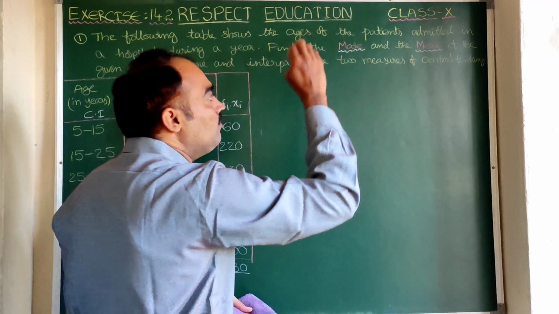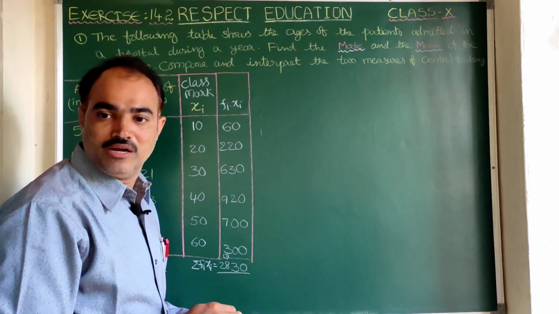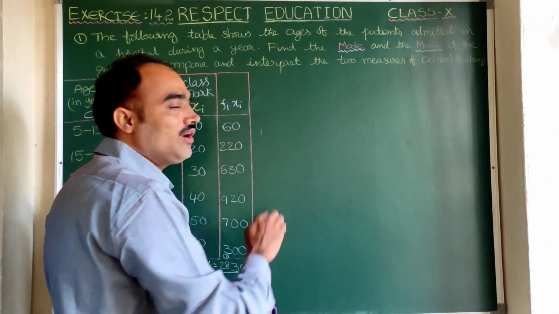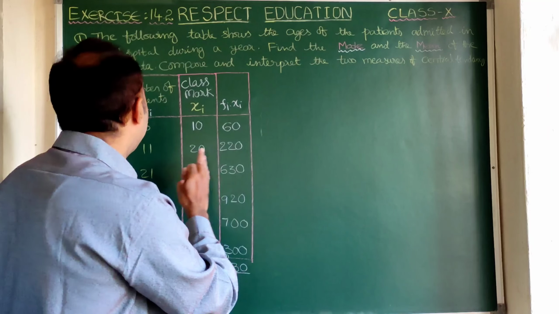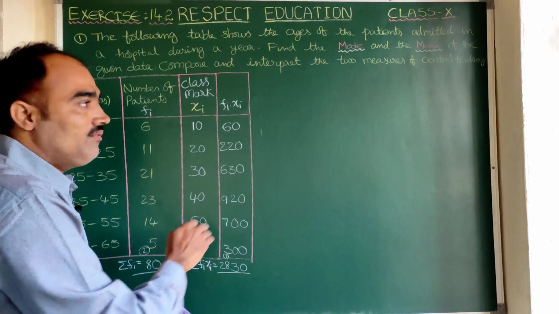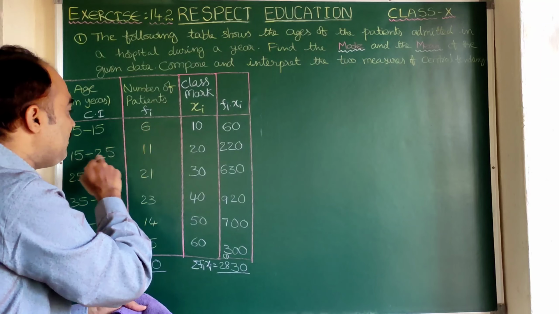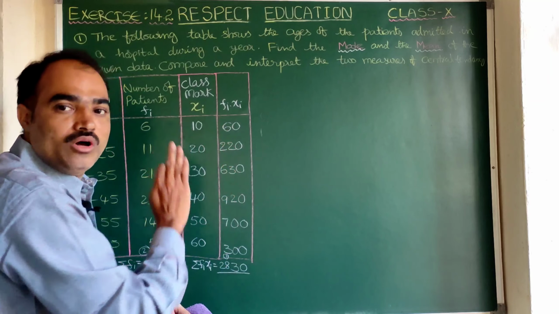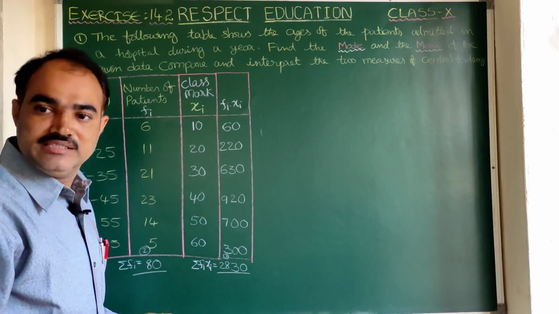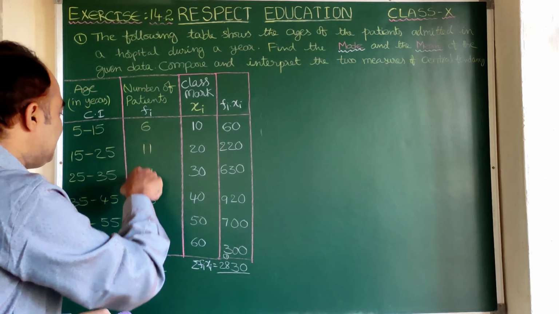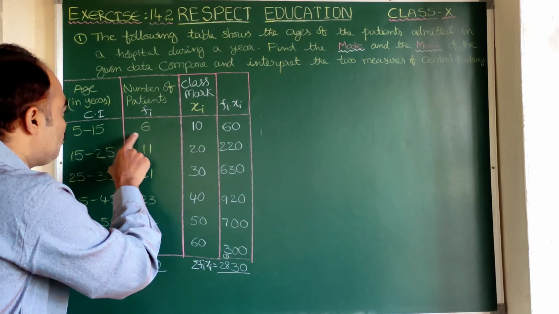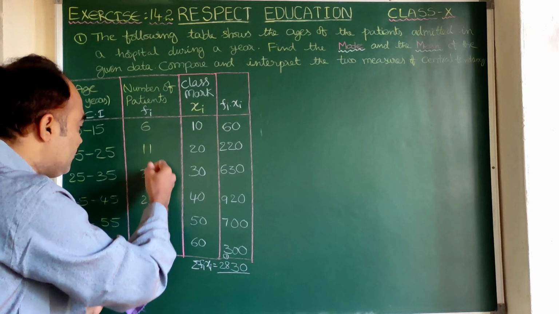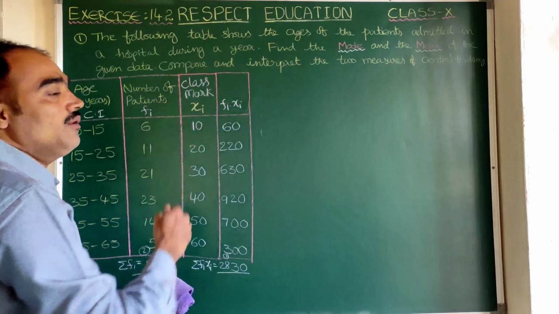Now, for finding mode, also we have a formula. Now we are going to learn the formula. Before that, when we come to the table, for finding mode, the given table is sufficient. We need not draw one more extra column. Is it clear? So here you see, this is the given table, right? These first 2 columns only, with which we can find mode.